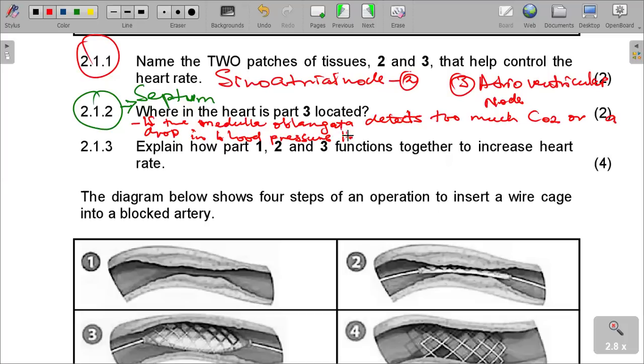It sends the impulses to the sinoatrial node, which is 2. So if the medulla oblongata, or the brain, detects too much carbon dioxide or a drop in blood pressure, it sends the impulses to the sinoatrial node, which is the same as saying 2, which causes